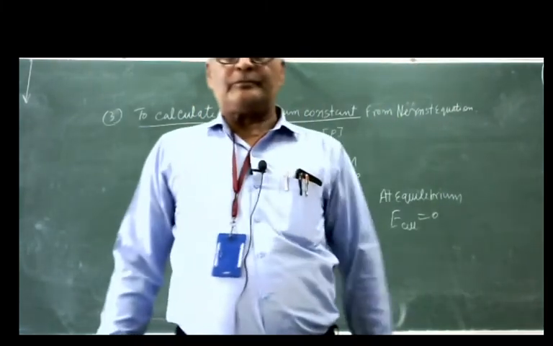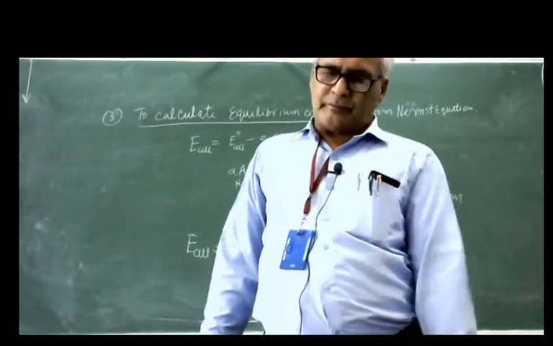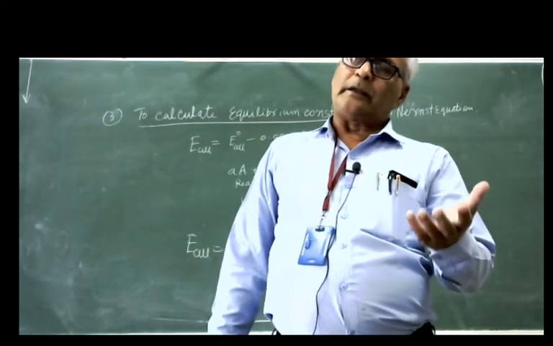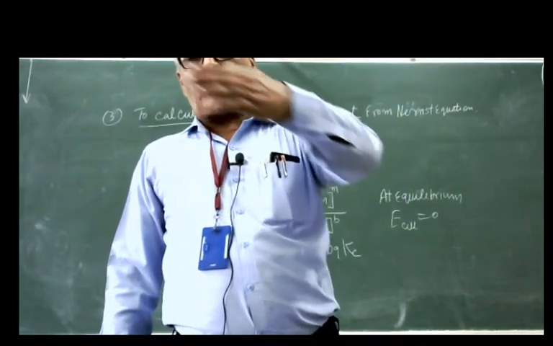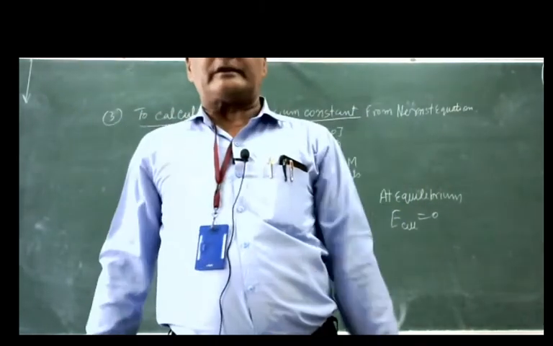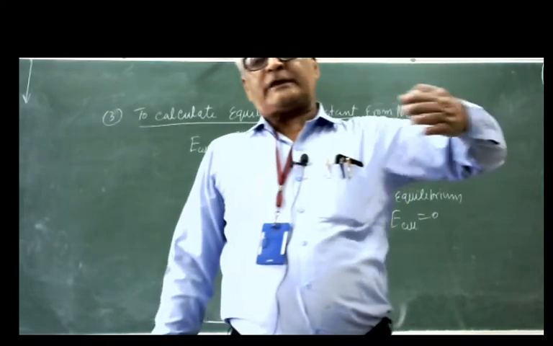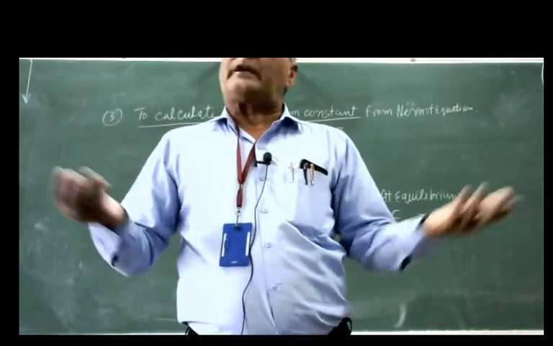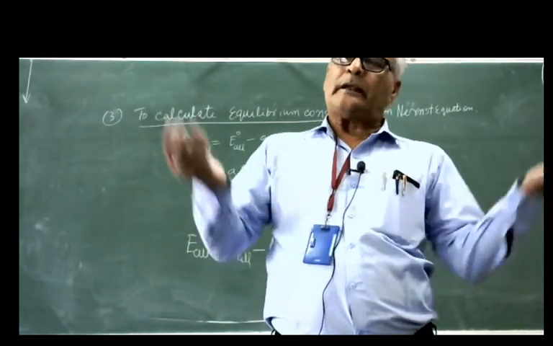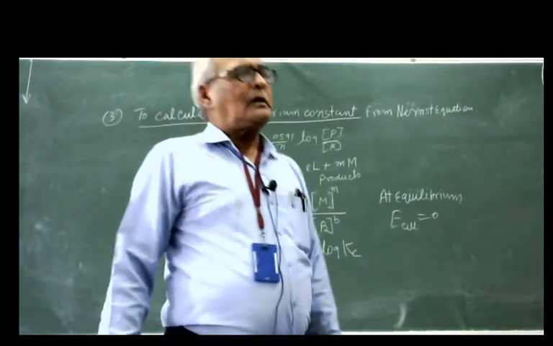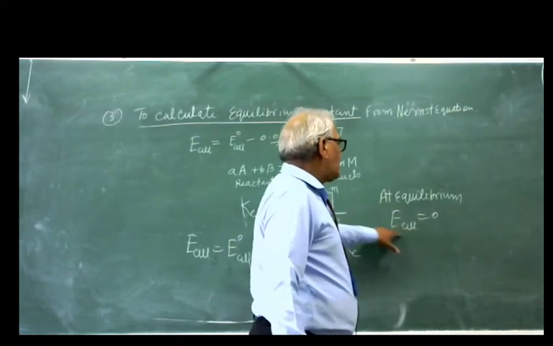This is the condition. So everyone has to remember the condition of equilibrium. And we know in terms of the law of mass action, the rate of forward reaction and the rate of reverse reaction are the same. So if the rate of forward reaction and rate of reverse reaction are the same, it means no current flows. So if equilibrium is attained, the EMF of the cell will be 0.